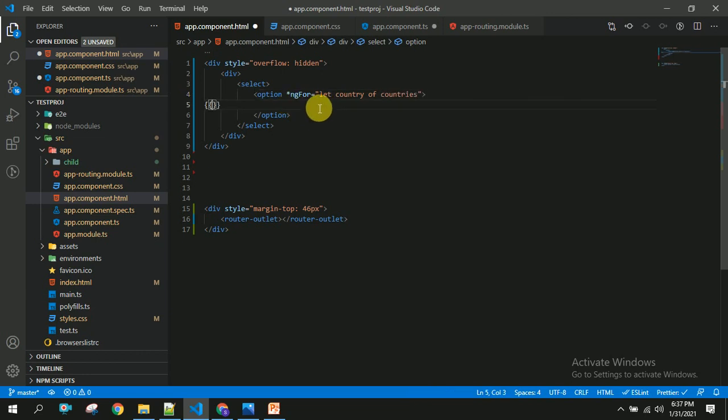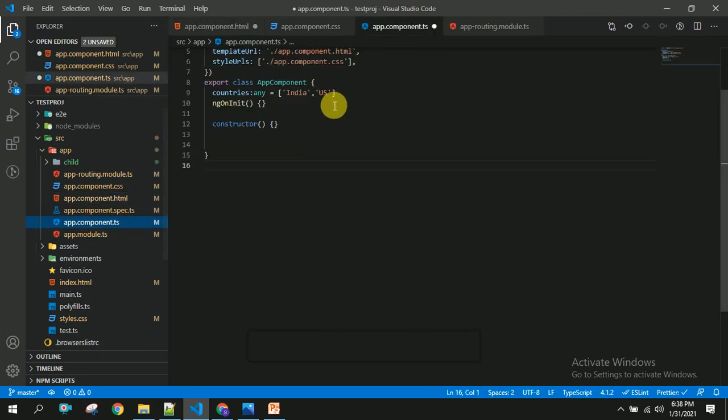And I am going to use interpolation and bind this country here. So once user selects anything, I am going to get it by using ngModel. To this ngModel, I am going to take a variable called countrySelected, and in app.component.ts I am going to create this variable.